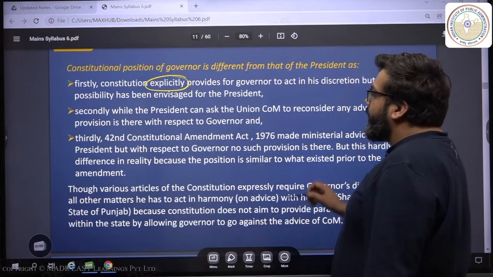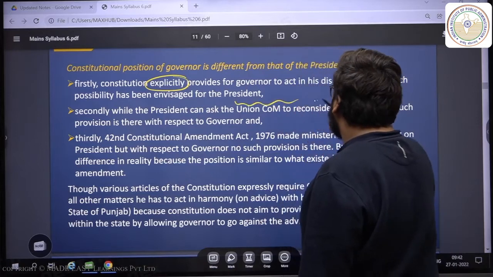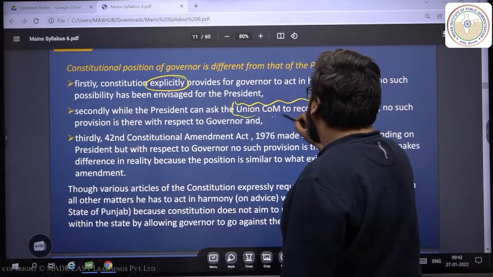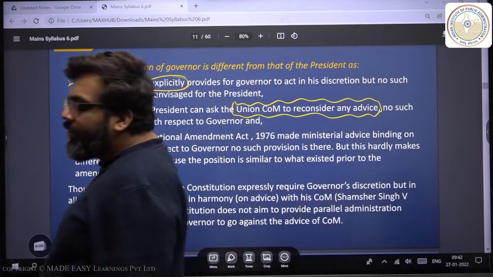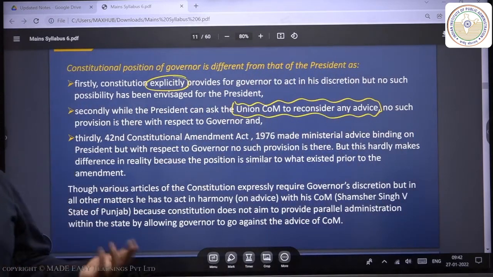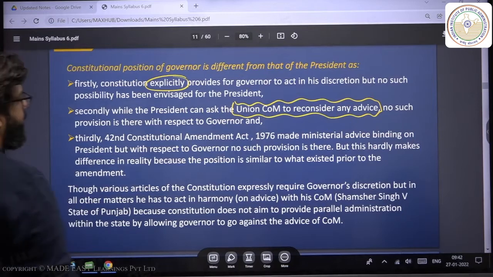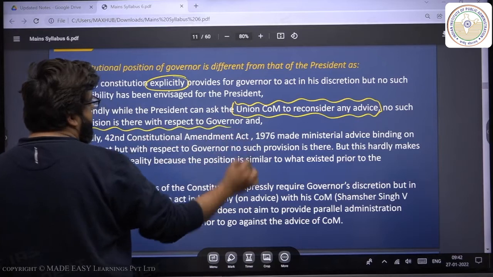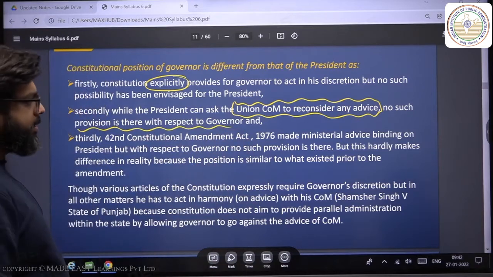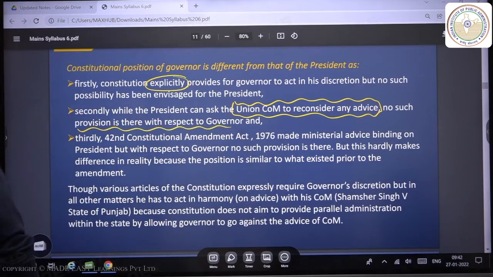Secondly, the Council of Ministers can be asked by the President to reconsider their advice, to come back with an alternate proposal, but no specific constitutional provision exists like this as far as the governor is concerned. And thirdly,